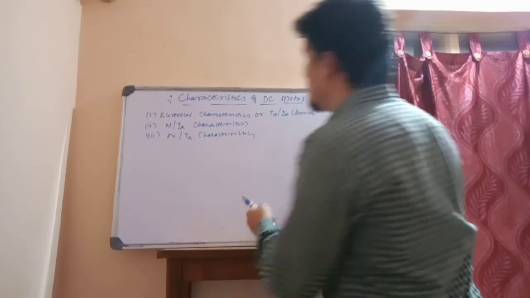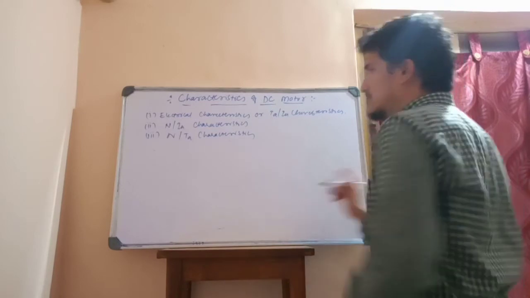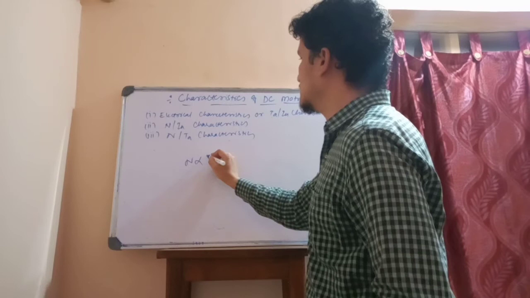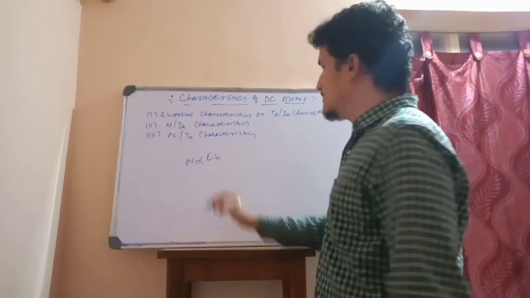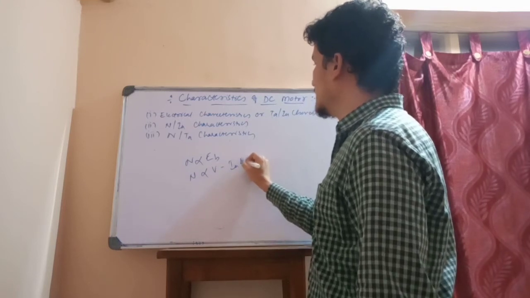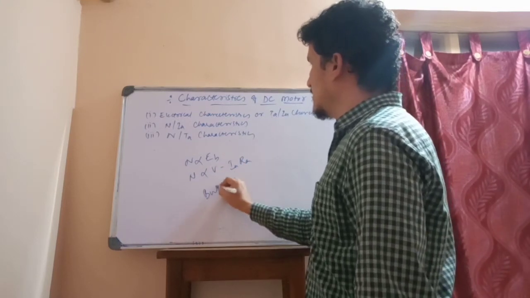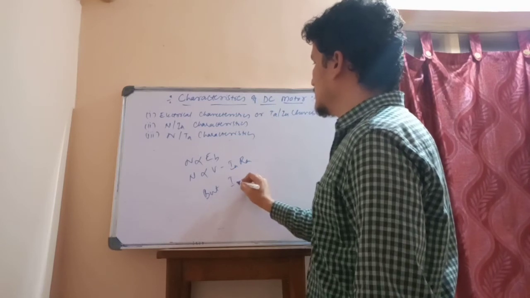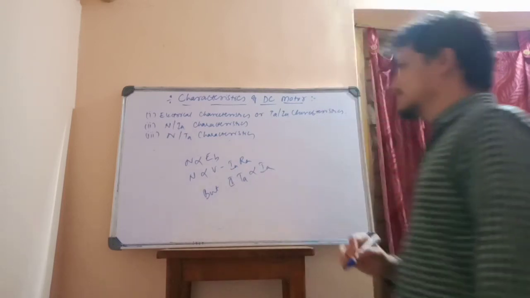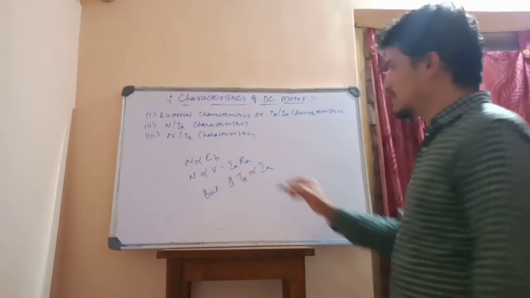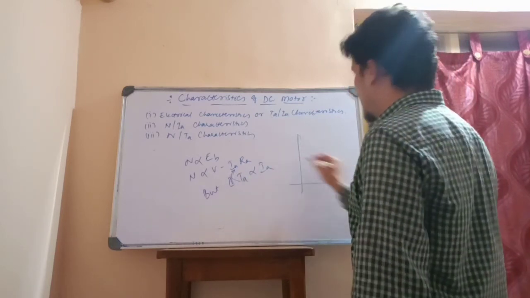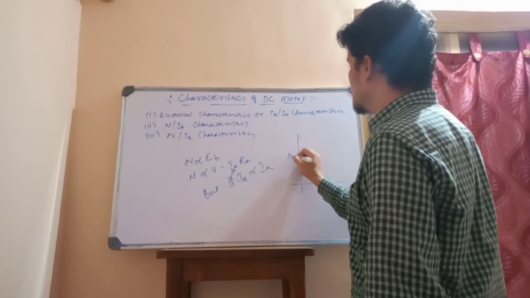Now where is the N versus TA characteristic? N is directly proportional to EB, we have written. N is directly proportional to V minus IA RA, but TA is directly proportional to IA. So since TA is directly proportional to IA, the N versus IA characteristic and N versus TA characteristic are the same.